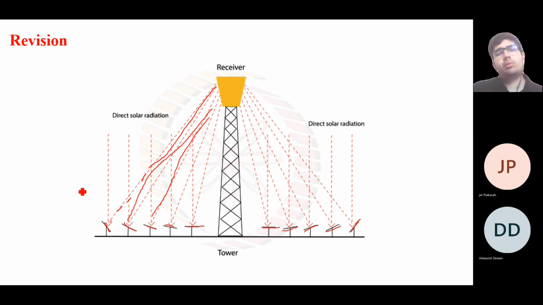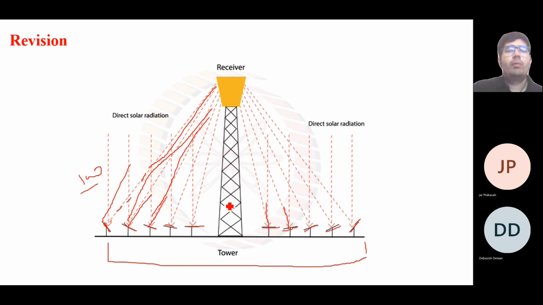So suppose this is the side view. This row contains hundreds of mirrors, this row contains hundreds of mirrors, again this row contains 100, this row 100. In this way, we can build a large park in which we can capture the solar energy and concentrate it onto a particular receiver using the angles. In this way, we can get temperatures of thousands of degrees at this receiver.